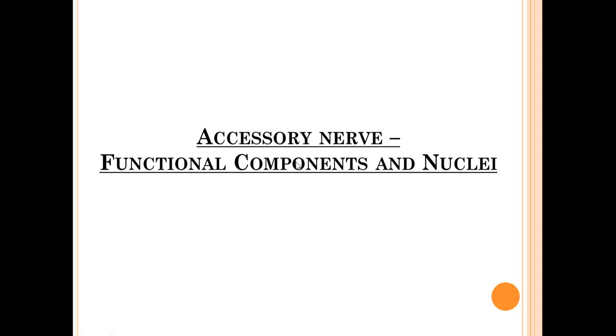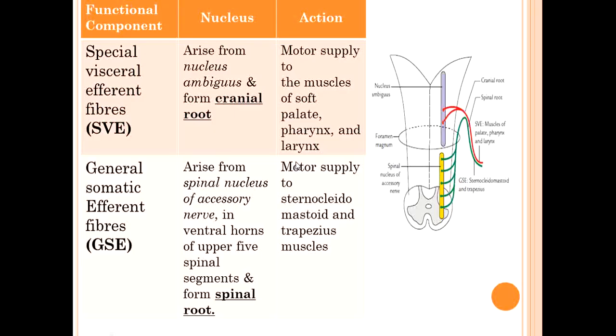Okay, so what are the functional components and nuclei? Functional component consists of two functional components. One is special visceral efferent fibers, that is SVE, and another is general somatic efferent fibers, that is GSE. Now, special visceral efferent fibers, efferent, that means these are motor fibers. They arise from the nucleus ambiguus, they form the cranial root, and the motor supply goes to muscles of soft